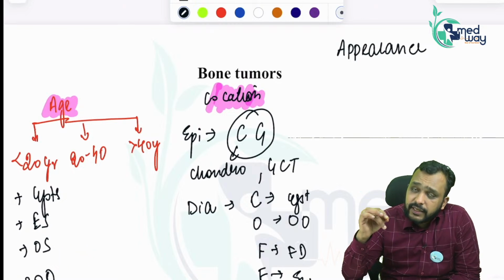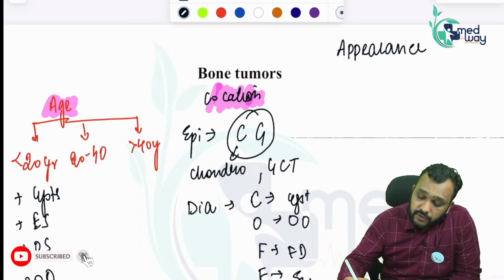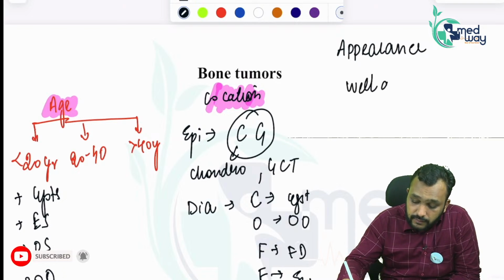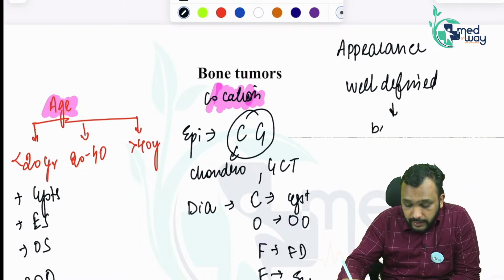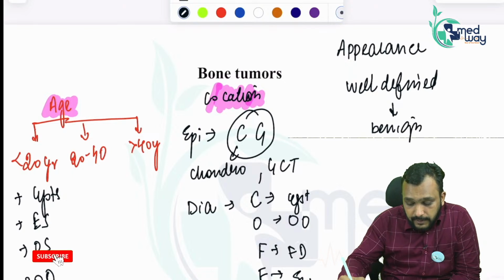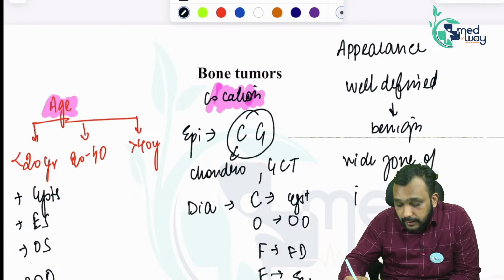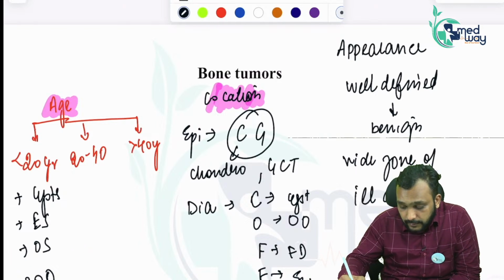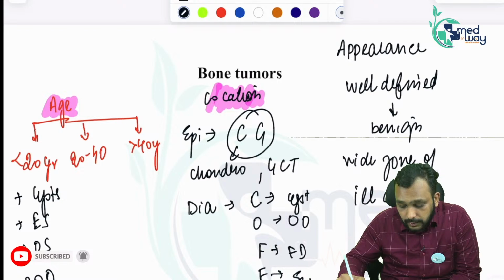Then if a tumor is well defined, you are going to think of a benign lesion. If a tumor has a wide zone of transition or an ill-defined appearance, you are going to think of a malignant bone tumor,